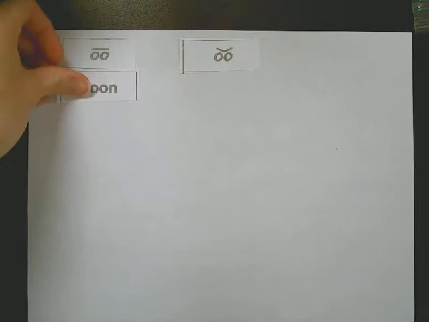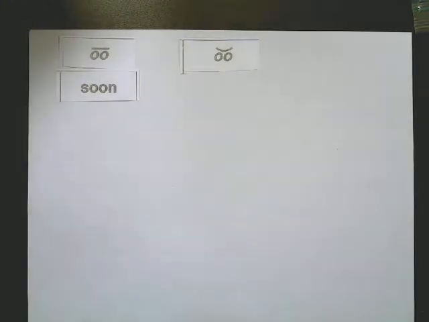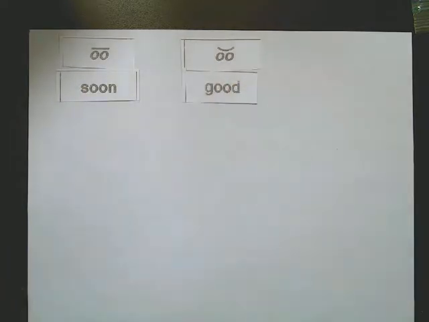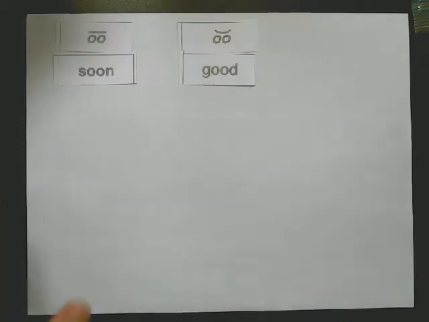In this sort this week, we're listening for the sounds that the letters OO can make when they're inside of a word. Sometimes they make a long U sound, like in the word soon, ooh. And sometimes it makes a different vowel sound, like in the word good, and that other vowel sound is what we're going to be listening for. You have to listen very carefully to the middle sounds in these words because it's a fine difference between the two. Let's practice listening for a few and then we'll read down the list so that we can be sure that we're understanding all of them.